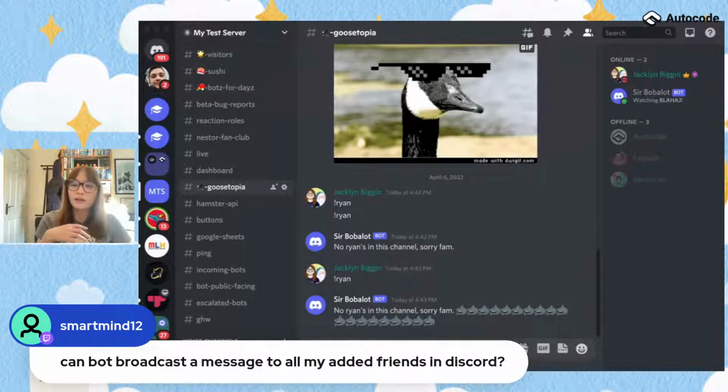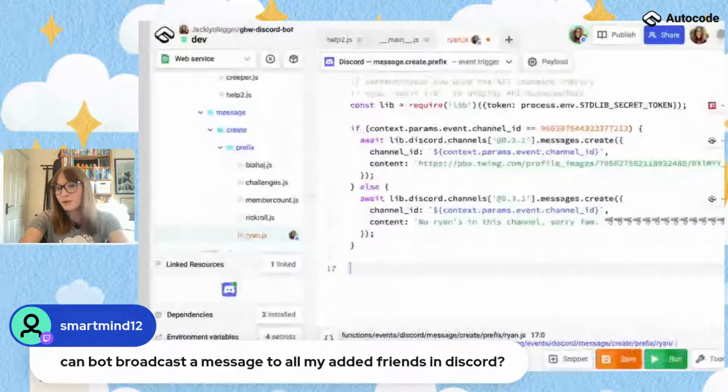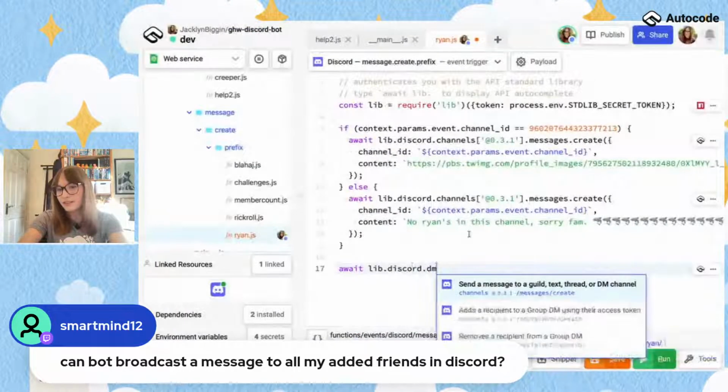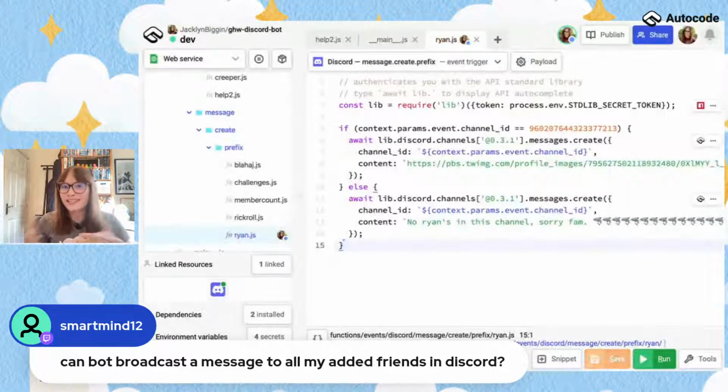So you can't do it for your friends, but what you can do is have the bot's own friend list, which is a server, and then the bot can DM people, which is as easy as just saying await lib.discord and then DM, and it'll send a DM. It is that simple, but the bot needs access to the person, so they'll need to be in the same server.